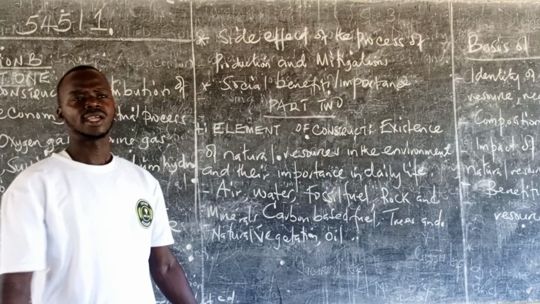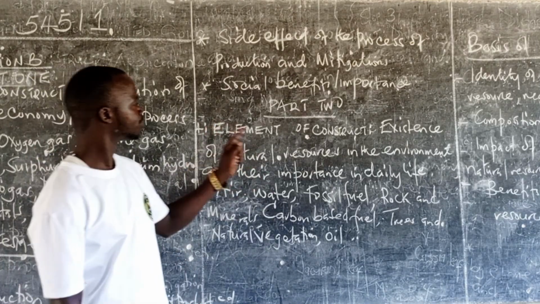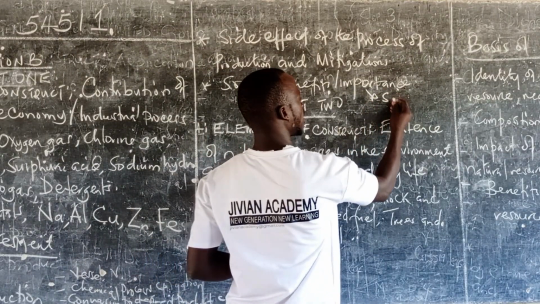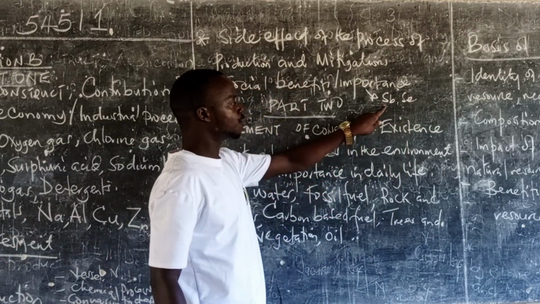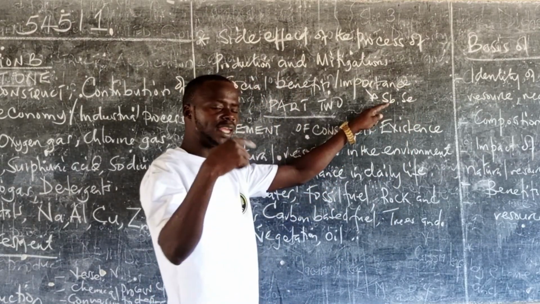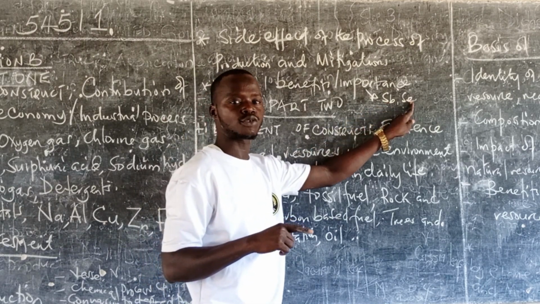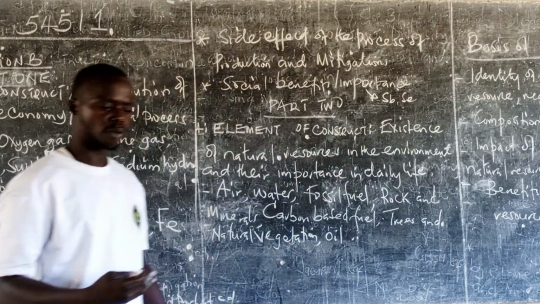Don't just say it's employment. When marking this, I use the abbreviation SB, SE. SB stands for social benefit. You give me the social benefit, and then explain the social benefit. That is SE. If you say it is a source of employment opportunity,